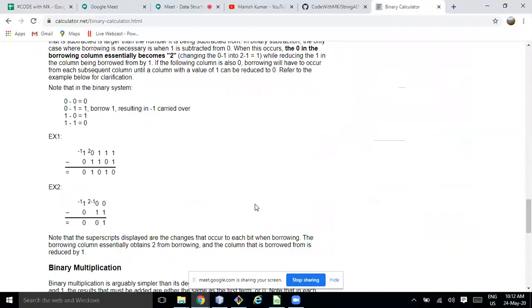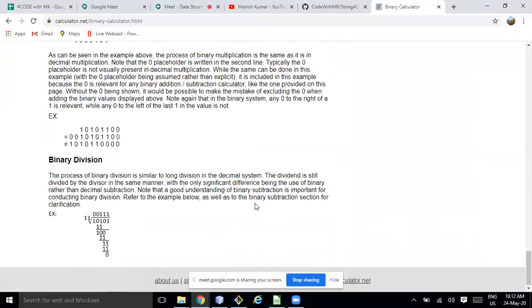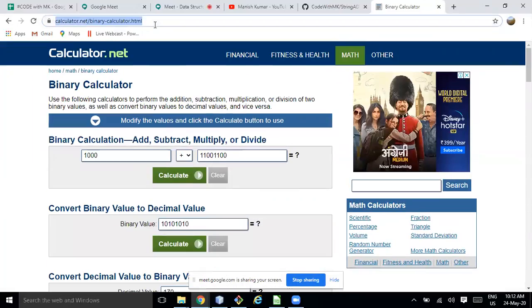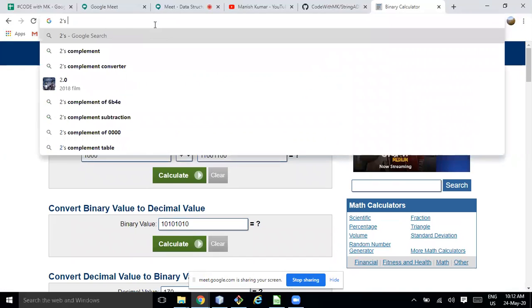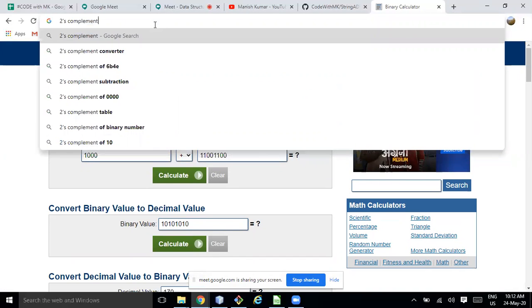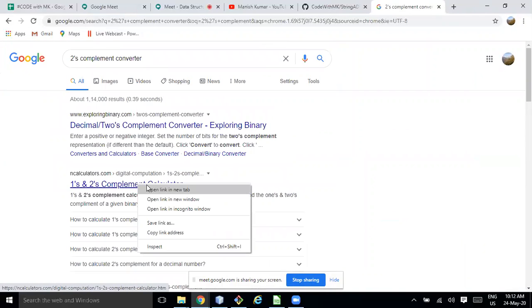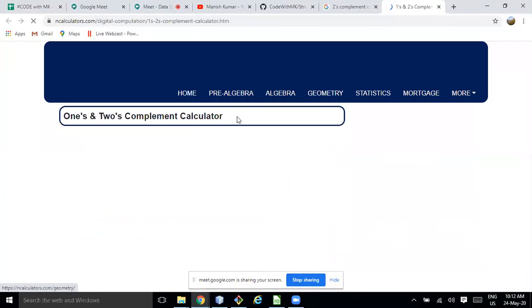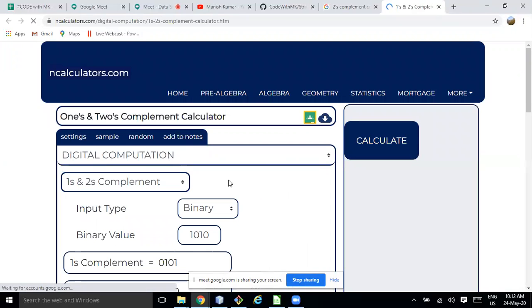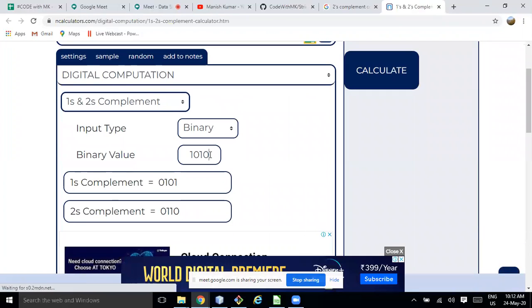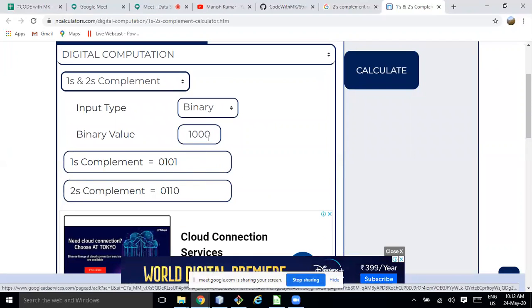Okay, is there anything binary? 2's complement. Let me write 2's complement converter. So here I have 8, 1's complement.